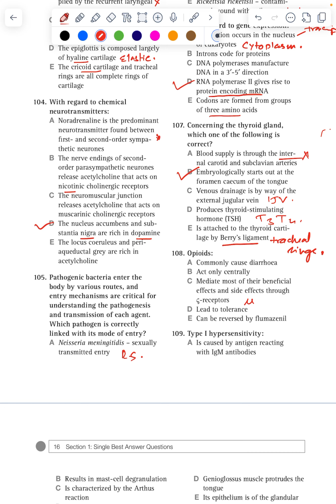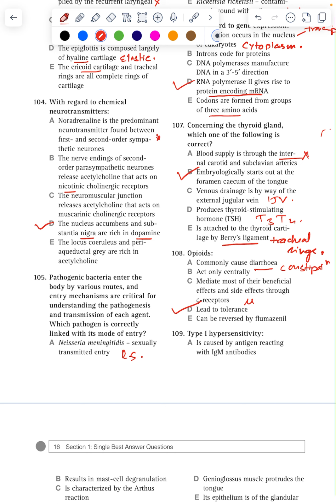Pruritus, dysphoria and euphoria can be reversed by flumazenil. Inhibitory effects are cardiorespiratory depression, sedation, relaxation of smooth muscles, constipation and urinary retention. It is not diarrhea, it causes constipation. Constipation, nausea and vomiting are why it is always a good idea to prescribe laxatives and antiemetics whenever opiates are necessary. Opioids cause tolerance. This is the answer. They cause tolerance, dependence and withdrawal with increasing use.